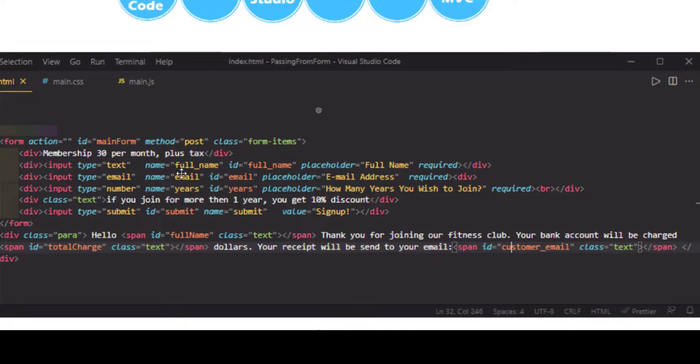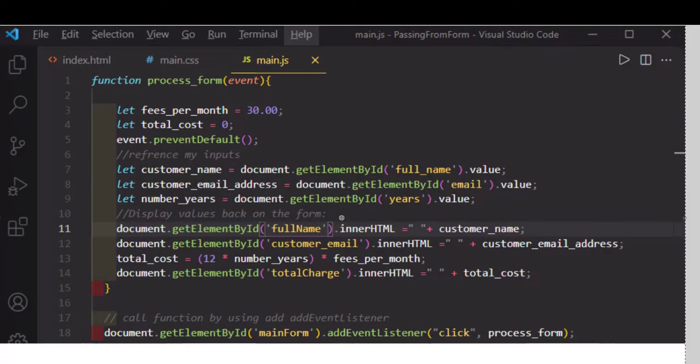So I'm going to take the values from these three text boxes and then place them right in my paragraph where I have these unique IDs. I did this by creating a function in an external JavaScript file, and then I use the addEventListener, and I use the click event,